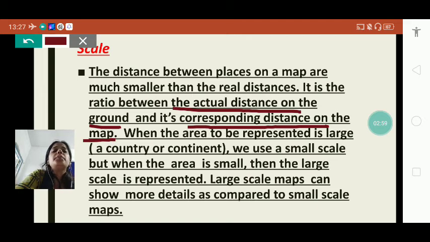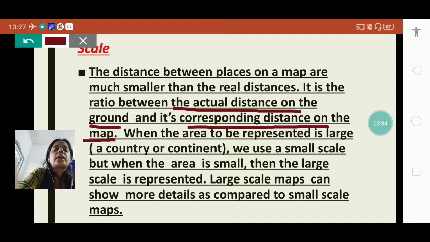When the area to be represented is large, as for example a country or continent, at that time we use a small scale, and when the area is small, like village, town, there we can use large scale.